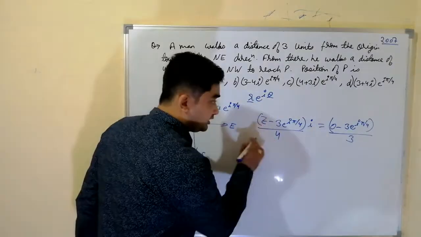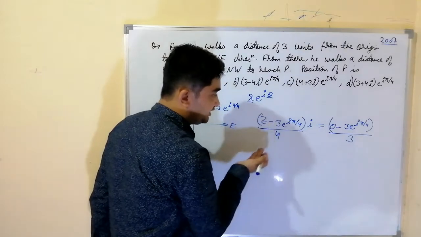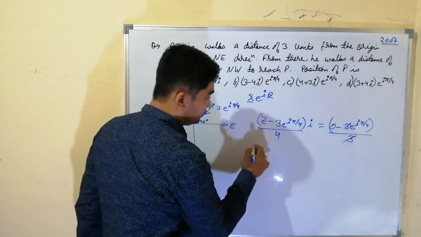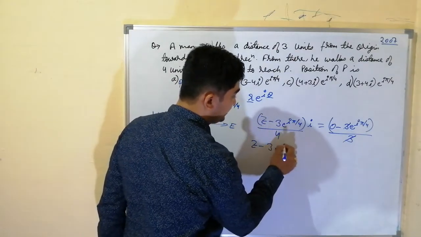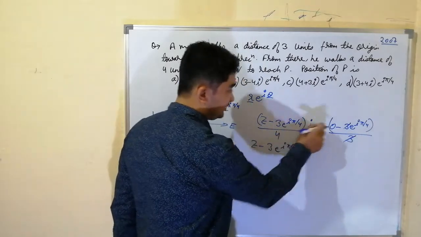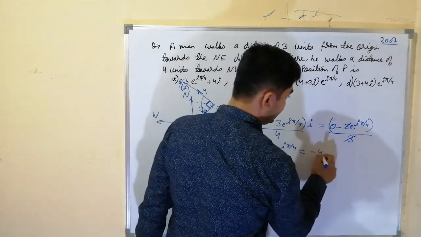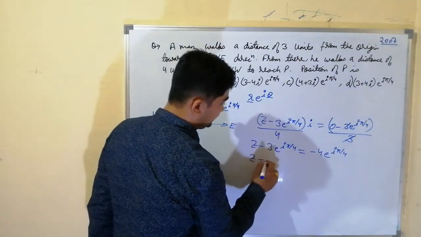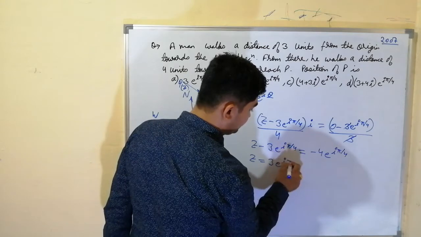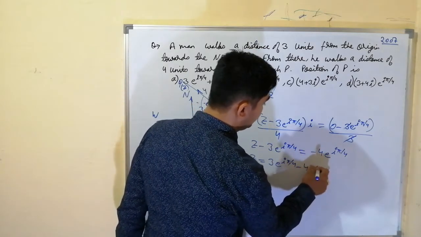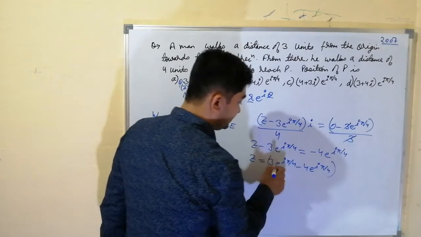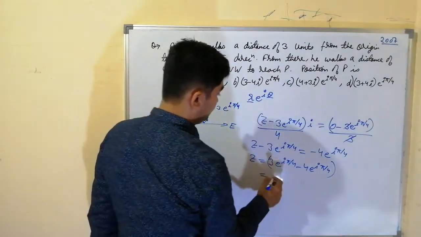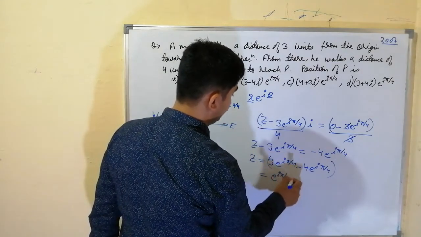Right? Now it is only simple calculation and rearrangement. We can cross multiply. First of all, we can cancel this 3 with 3. Now we will have z minus 3 into e power iota pi by 4 is equal to 4 will go to the right hand side. It is minus 4 e power iota pi by 4. Now take this to the right hand side. Z will become 3 e power iota pi by 4 minus 4 into e power iota pi by 4. We have to take e power iota pi by 4 common.